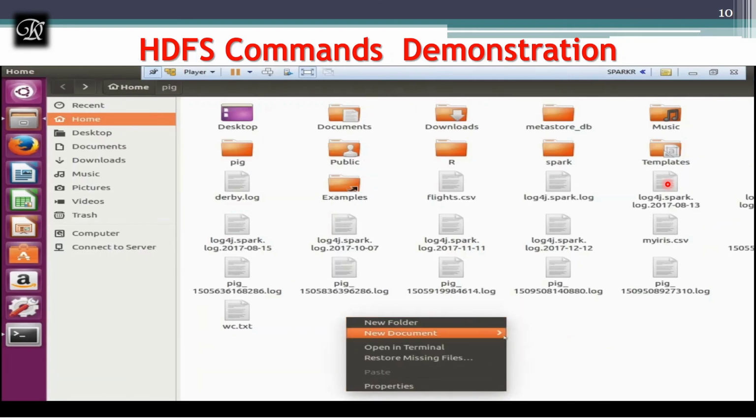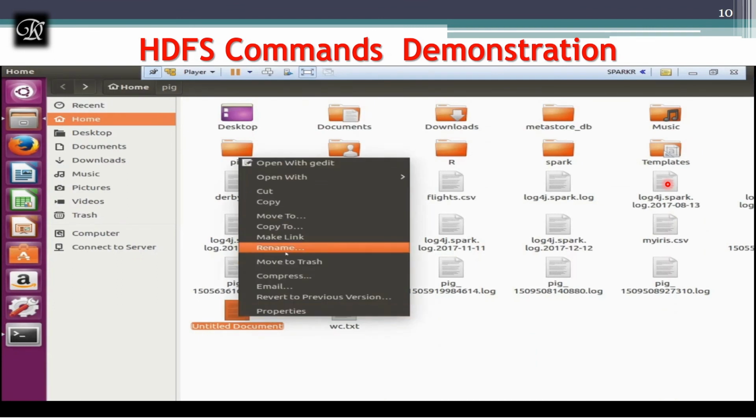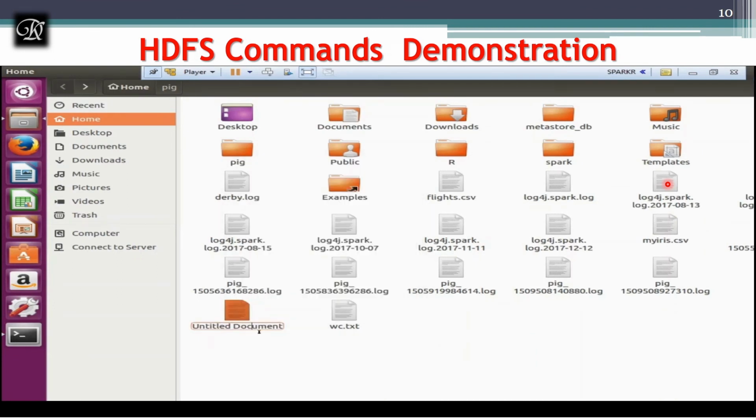What you have to do is know how to navigate throughout. That's why I'm showing you this demonstration. You should know the commands theoretically, and if they ask, like 1 or 2 times they have asked this question, explain the general commands of Hadoop, then you just write theoretically what all those commands are.